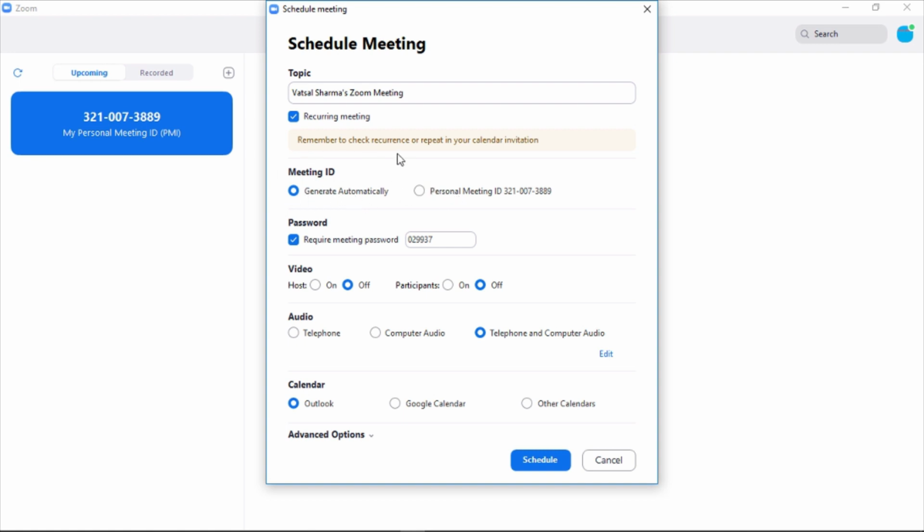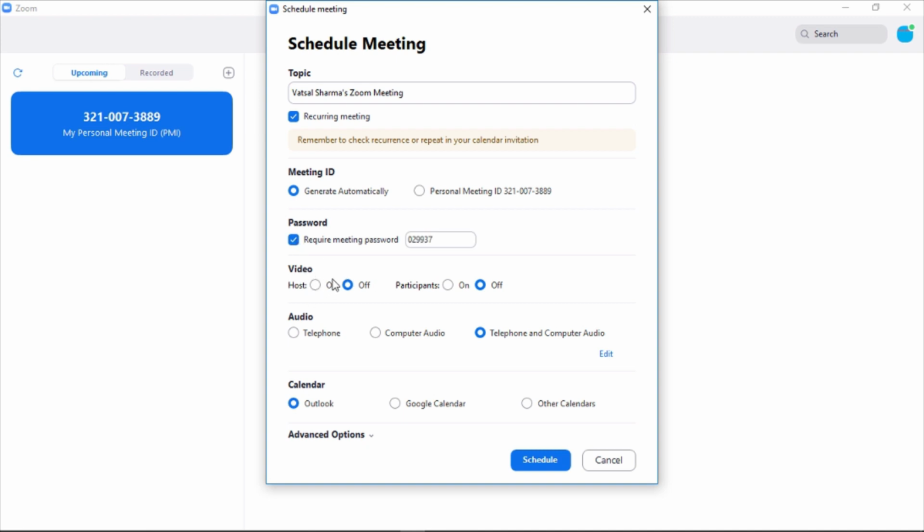This would be a random ID if you click on generate automatically. So password, require meeting password, so you can just go on, like you can see 029937 is the required password. If I click over this button here, then my password has been vanished. Every time I do, I can just type on my own password or a random password.